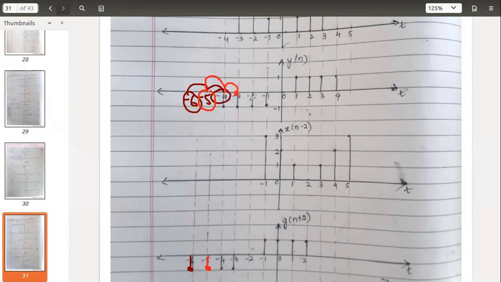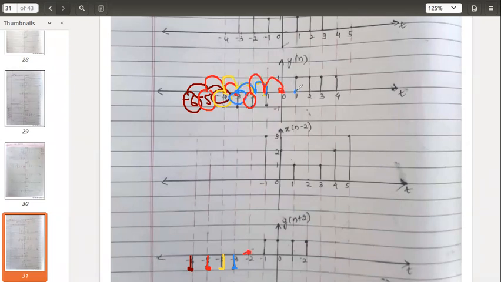Take the next, shift by 2 amounts, I will reach at minus 4. Draw that minus 4. Then take this, shift by 2 amounts, 1, 2. I will reach at minus 3. Minus 3. So 4 samples are over. Then check at 0 what is the value. At 0, nothing, we don't have anything, but still it needs to be shifted. 1 point, 2 point. So I will reach at minus 2. At minus 2, you don't draw anything, 0 amplitude.